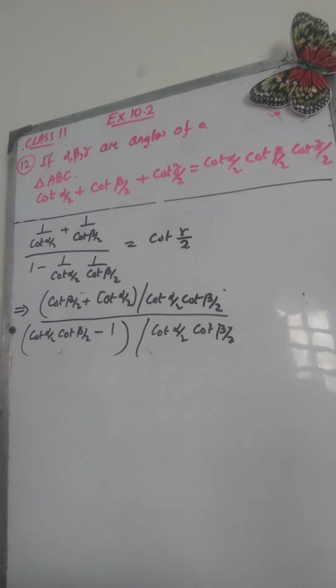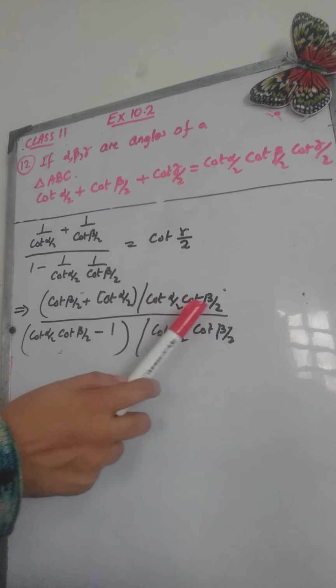So I have taken LCM in the numerator. This cot beta by 2 will be multiplied to this fraction, and cot alpha by 2 will be multiplied to this fraction. In the denominator we are going to have cot alpha by 2 and cot